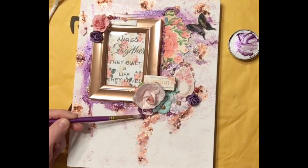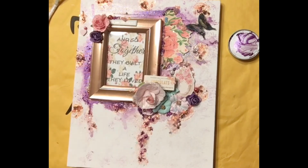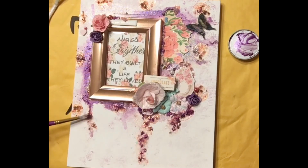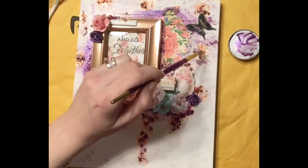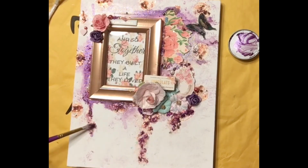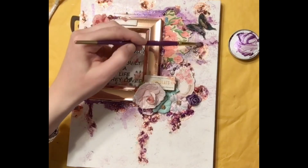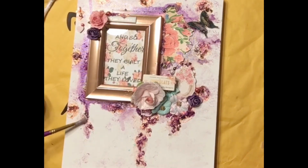So I wanted even more pop of color, so I'm just dry brushing some of the amethyst on. I guess I was just not in the mood for a subdued project. I just wanted a little bit more bold colors, a little bit more brightness to the layout. So I'm just going over some of the different parts with the amethyst